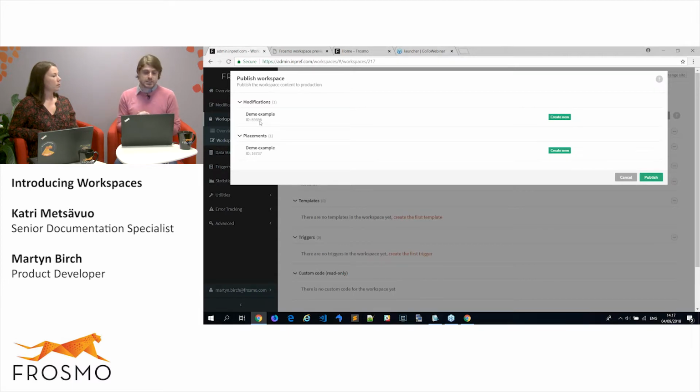And the reason we've done that is that any KPIs associated with that workspace modification won't be attributed to the production modification once published. That means the statistics will start building up from scratch when the modification is published. This is what differentiates it from test mode, because when you're working in test mode, you're working on a modification that will eventually be removed from test mode and become active, so you will have the statistics already attributed to it. Yeah, okay, that makes sense. You don't want to mess with your statistics. That's it. So I select publish,